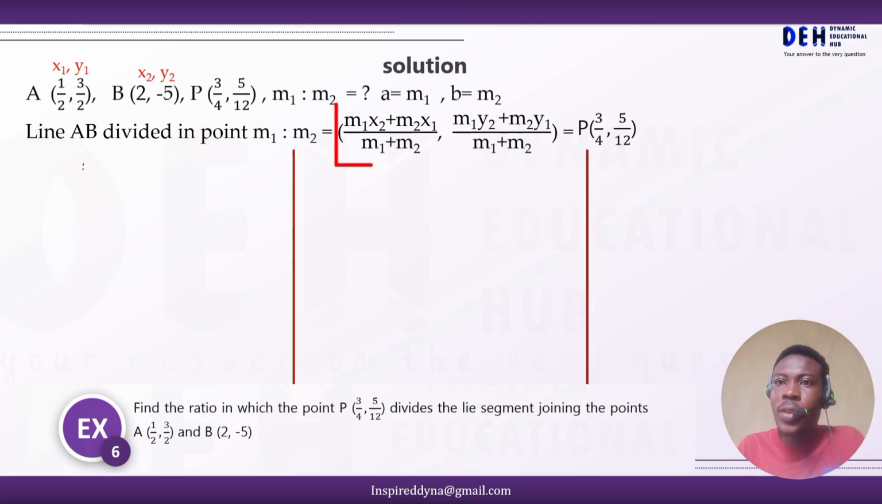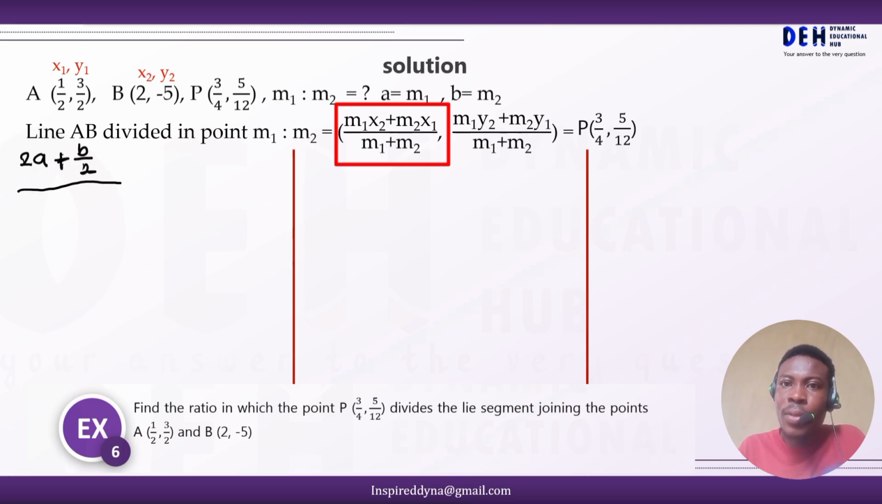Now to start with, we have m1 x2. m1 here is a, x2 here is 2. 2 multiplied by a, we have 2a here, plus m2 x1. What is m2? We have b. What is x1? 1 over 2. So we have b multiplied by 1 over 2, b over 2, divided by